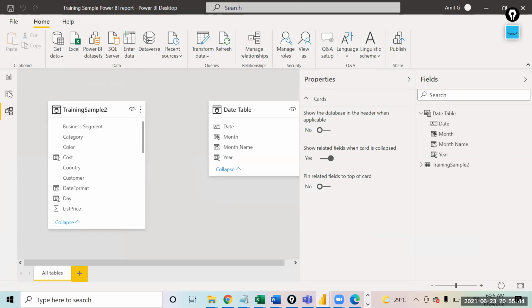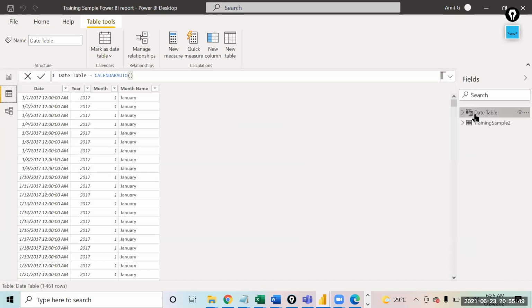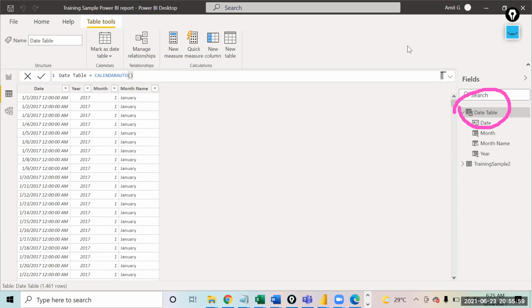So now, if you come back to that data view once, you will have to tell Power BI that this date table is something that Power BI should be using as a date table. So I will have to mark it as a date table. And this is also something that I did yesterday.